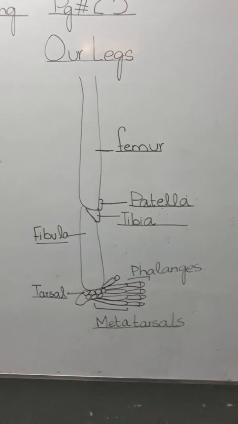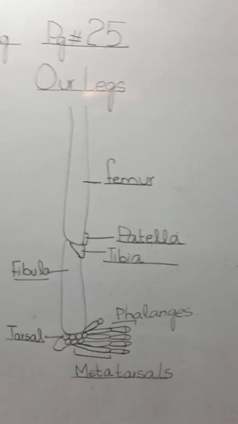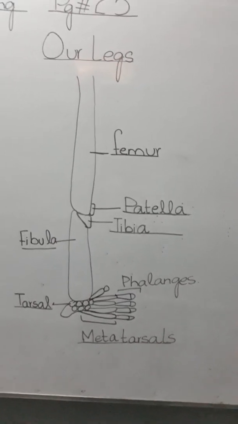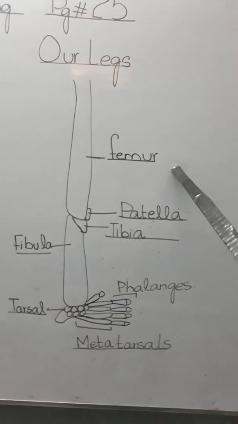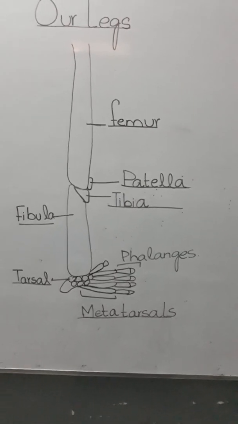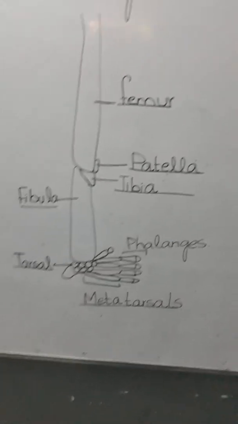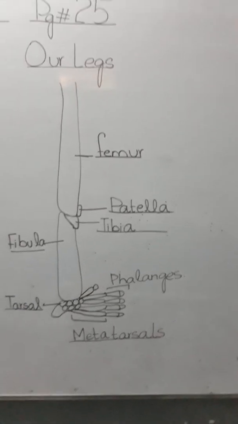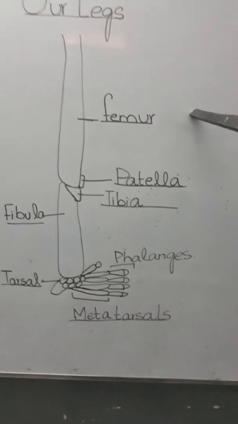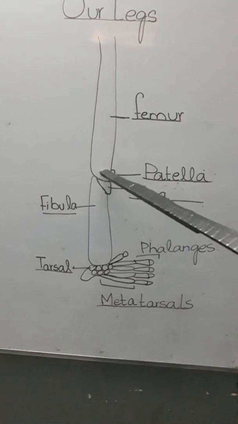Now come on to our leg. The strongest bone in our body is called the femur. Femur is the thigh bone. Feel the thigh bone with your hand. It is a very long and strong bone because it holds the pressure of the whole body. The thigh bone is called the femur, and